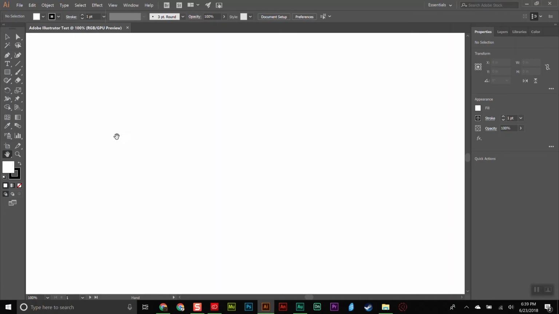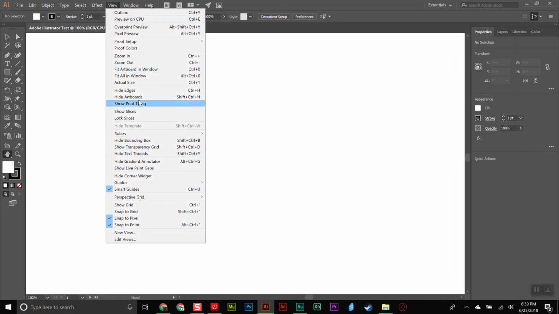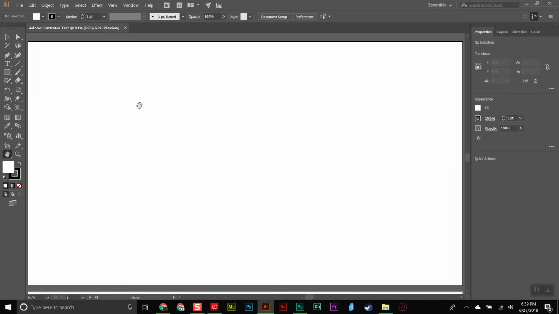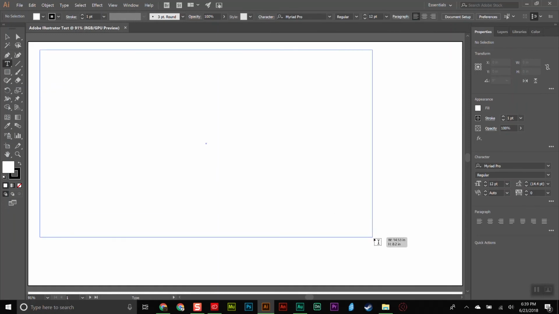All right, so now we've done that. Let's backtrack out again, and let's go to fit artboard in window. Okay, we're on artboard 1. Let's work on some text. So come up here, we see the text box. If you right click on it, you're going to see a bunch of different options. Let's stick with the basics. So we're going to go type tool, click here, and if you drag it out,